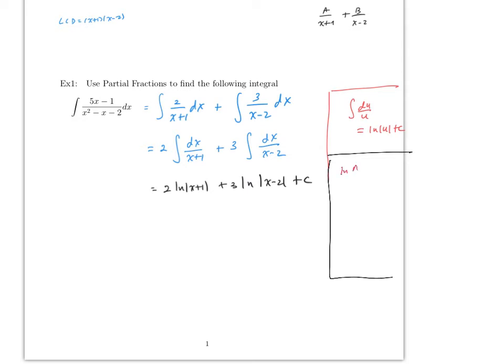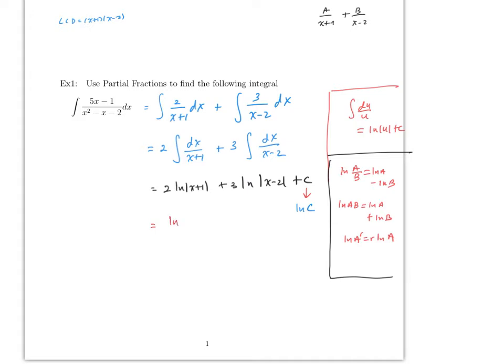And we're going to use these rules a lot too from pre-calculus. Remember that ln of a over b is equal to ln of a minus ln of b. And then ln of a times b is equal to ln of a plus ln of b. So therefore you can go from here to here and you can go backwards. Now, whenever you have everything in terms of ln, you should change the constant also in terms of ln, because ln of a constant is just a constant. So now if we use these rules, there is one more, ln of a to the r equals r ln a. So we use these rules,